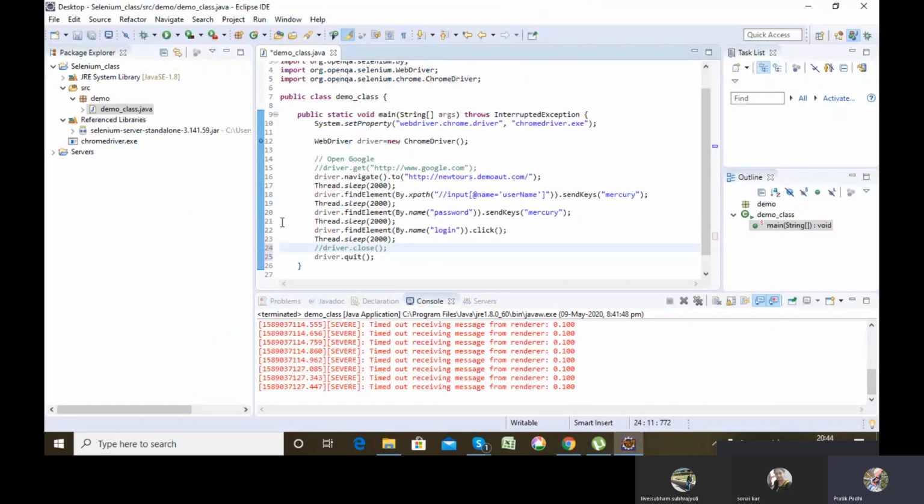So here what I can do is after login, I want to go back to the page which was present earlier. So what I can do is